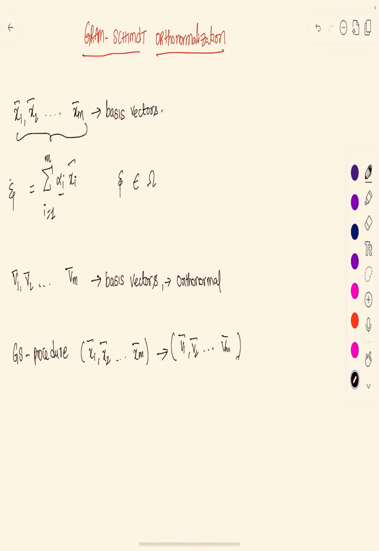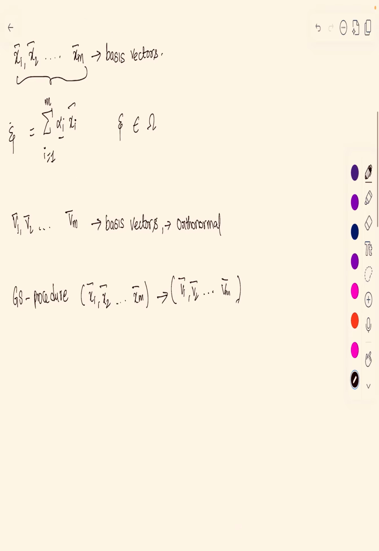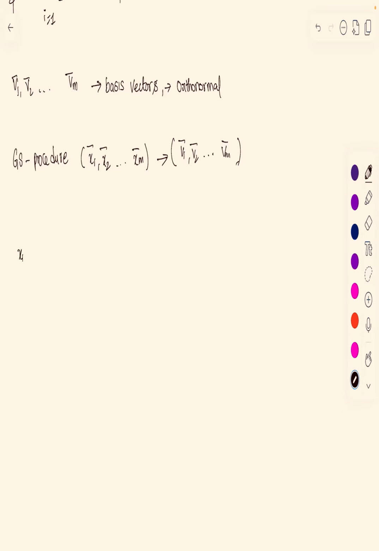Let's assume we have the set of vectors x1 bar, x2 bar, and so on, xm bar, such that xi bar belongs to the complex domain of m dimensions. The reason I am opting for the complex domain is that complex domain characterization of vectors will offer generalization over the real space, where the imaginary part is equal to 0. So if I have a set of vectors, let's suppose these are